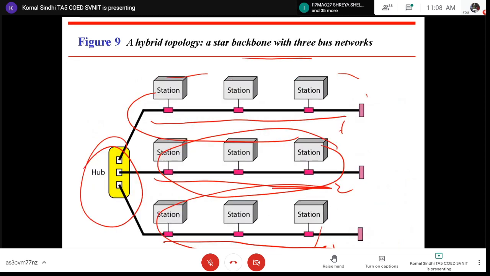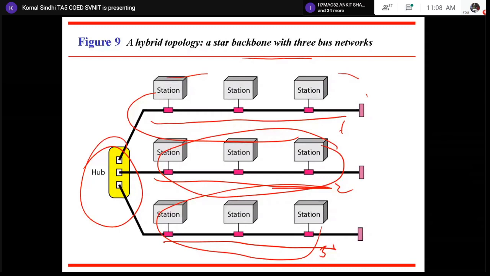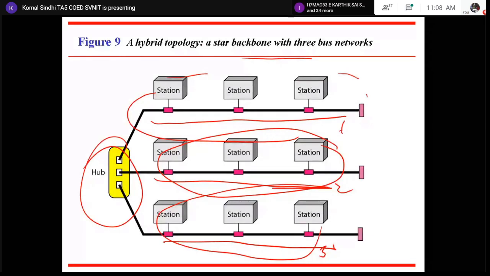So you may have multiple different combinations, but what you combine will be based on your application. What you need out of the actual application will decide which two topologies will be combined with each other. And obviously, there are many advantages of using a hybrid topology over using a traditional single topology to implement your network, right?